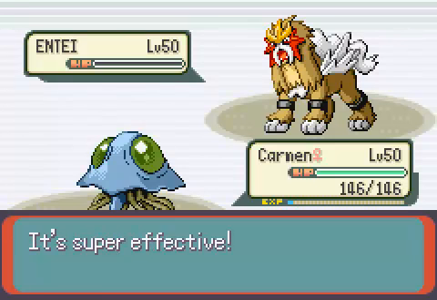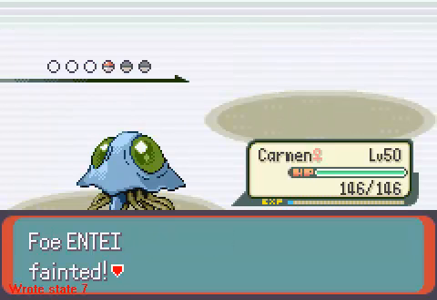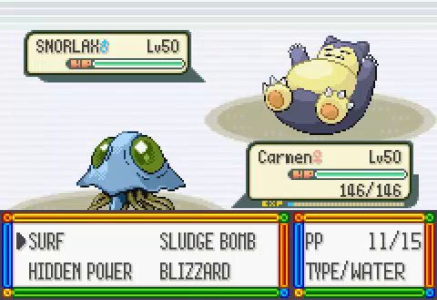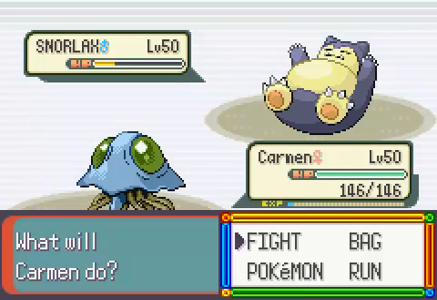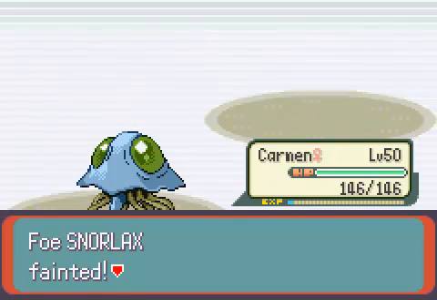Yay! Yay! Yay! Save state. This is it. Save state. Snorlax, fuck you. Belly Drum, yay. What? Oh my god. What happened? Take it. Oh my God. Why are these bosses easier than the... What the...